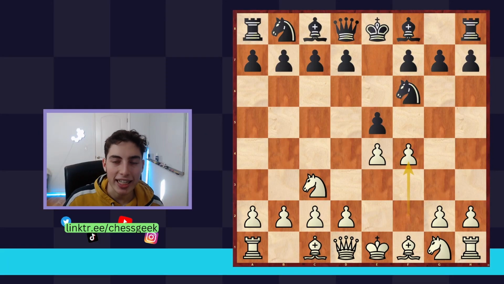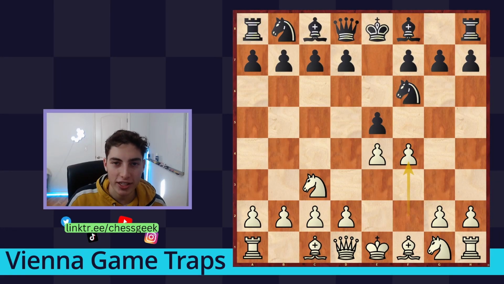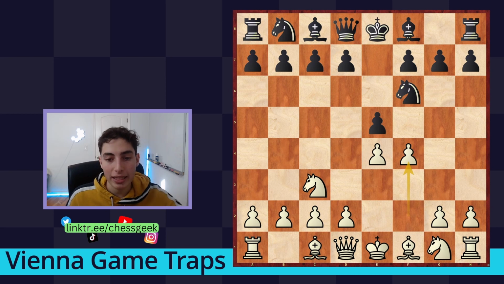If you play the Vienna, here are 7 must-know traps that will teach you the tactical opportunities which exist in the Vienna. Now, I'm going to start the video by looking at some of the traps that exist in the Vienna Gambit, and we're going to end the video with many different traps that exist in other variations of the Vienna game. So let's go ahead and begin with the Gambit with f4, and I'm going to look at the